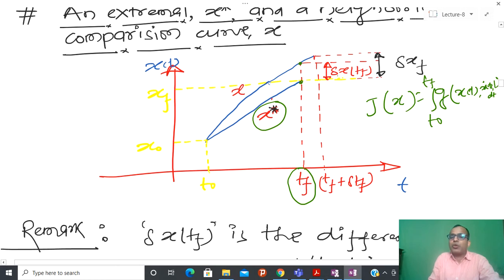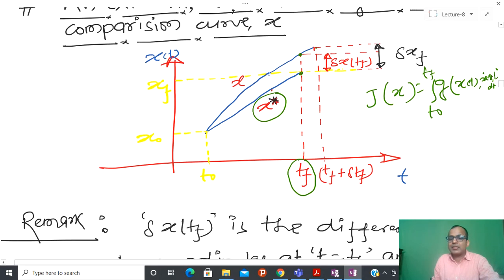That I am going to represent by delta x(TF). And when this neighboring trajectory is terminated, that is at TF plus delta TF, again I have a certain kind of variation that is defined as delta XF. So I have a variation at the terminal time, represented by delta x(TF), and a variation for the final point. I have two different kinds of variation, shown in this particular figure.